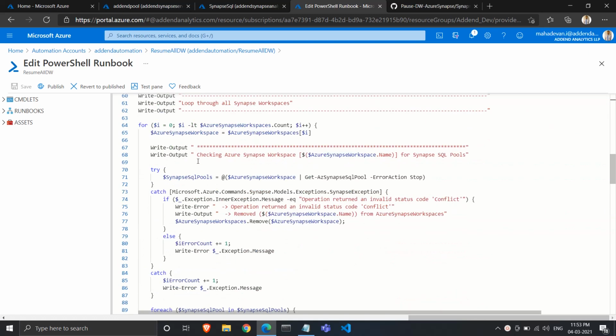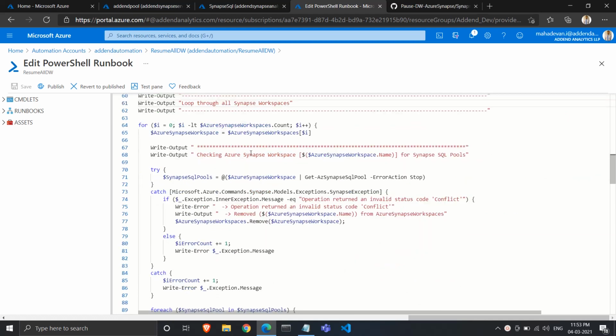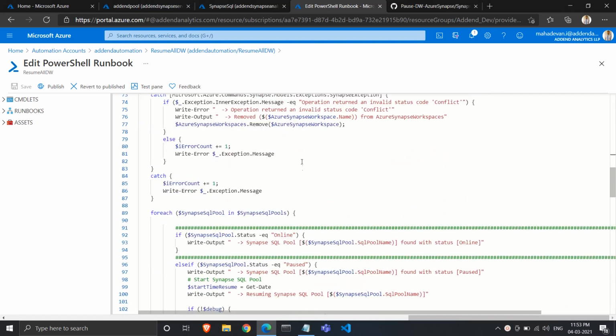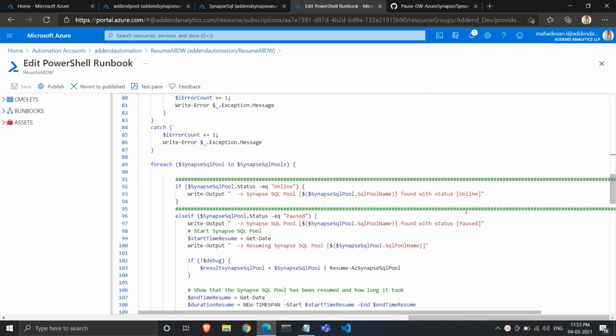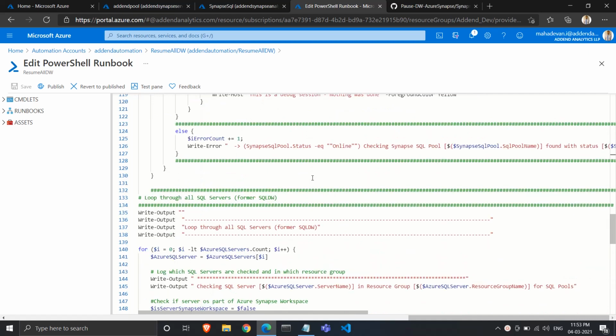Same as in the last tutorial, first we'll loop through all the Synapse workspaces in our resource group. We'll see if any Synapse SQL pool is turned off, and if it's turned off, we'll resume it. We'll resume the Synapse SQL pool, and same goes for the dedicated SQL pool that we had created using Azure Portal.